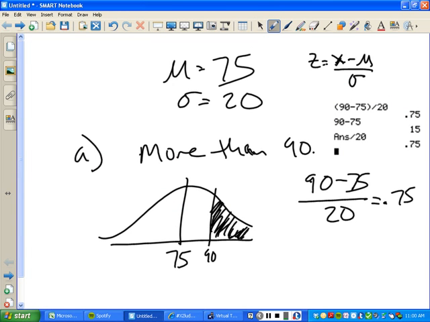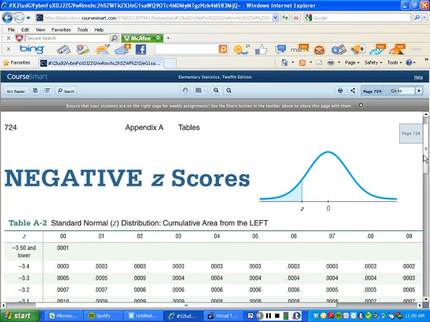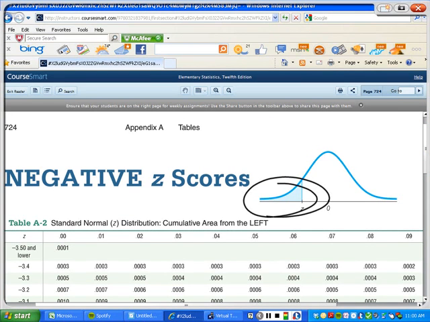We're going to go to the charts, and I have to know, am I looking at the positive chart or the negative chart? And how do you tell? Well, the way you can tell is look at the chart. This is a small area, right? That's a small area. If you look at the other one,